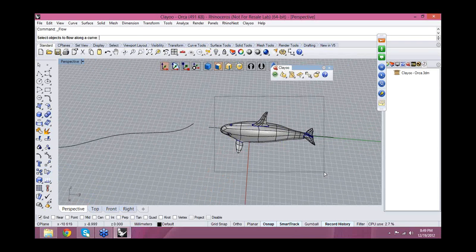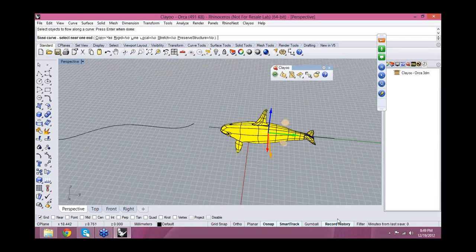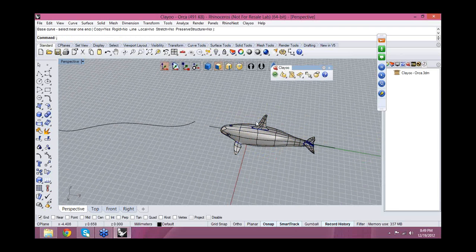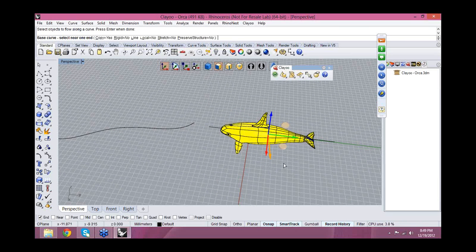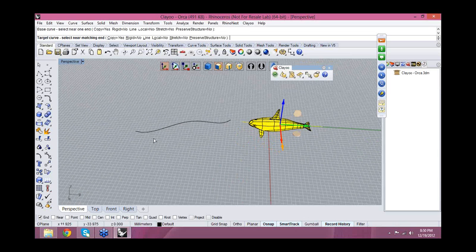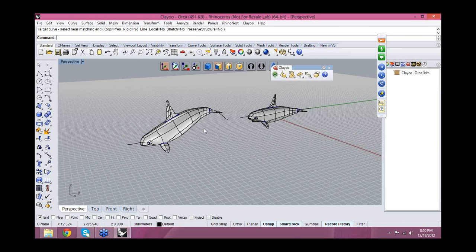Always the same, check. Let me check if we have record history. Yes, always record history, great, because I always forget to check it. Then select objects to flow, and I will flow from this curve to this curve. Okay, and now as you can see, it's like any other Rhino object, but the best thing is